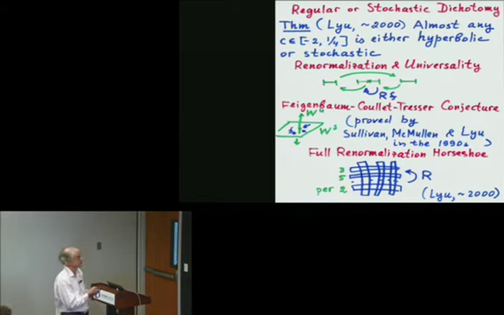And there is this regular stochastic dichotomy, which says that for almost all parameters c, the corresponding real quadratic map is either regular, or hyperbolic, so there is an attracting cycle which attracts almost everything, or it is stochastic, there is an absolutely continuous invariant measure which governs the behavior of almost all points. So that is the result which, from Kolmogorov's point of view, gives a good understanding of what is going on in this quadratic family.